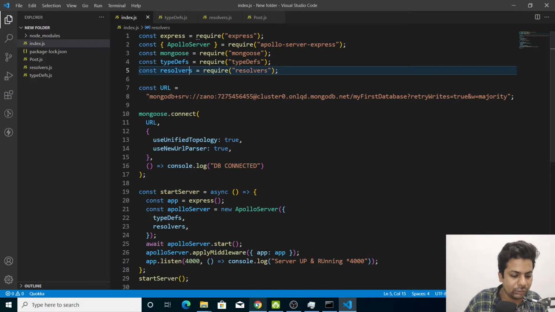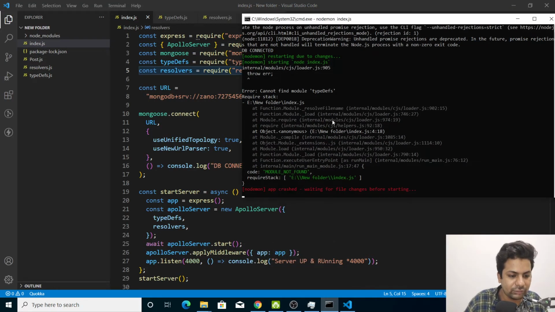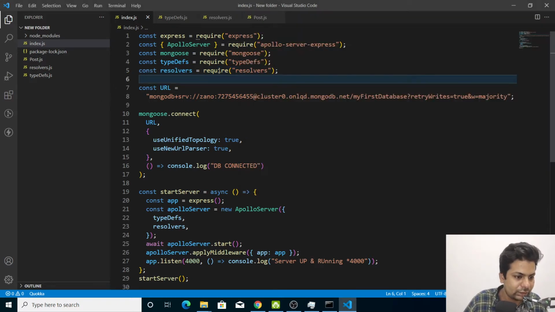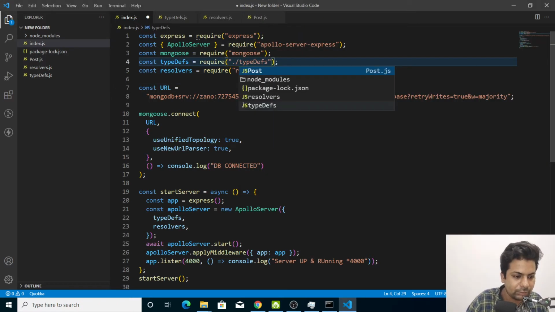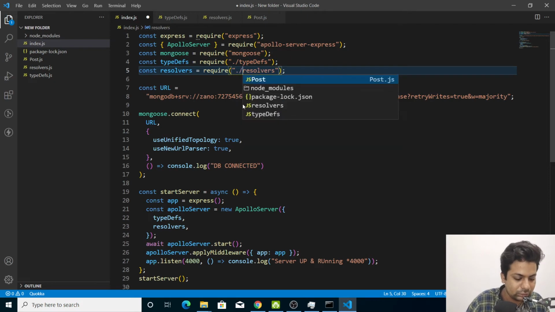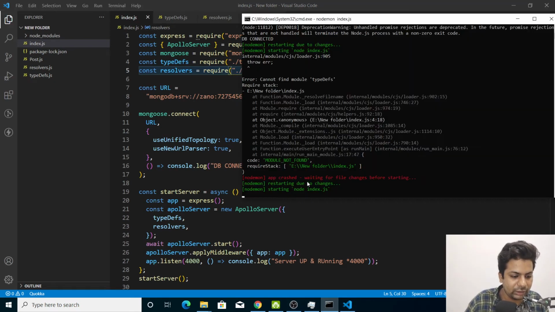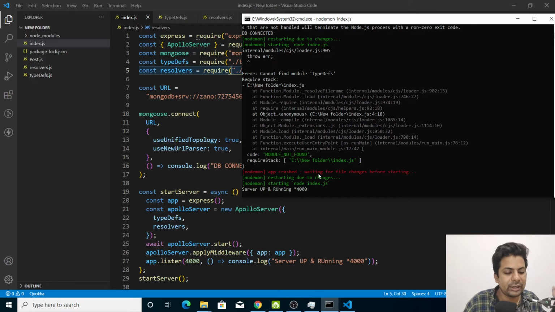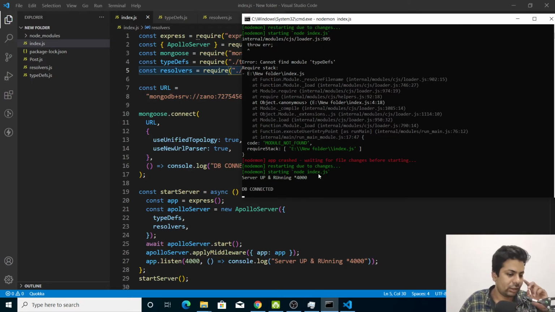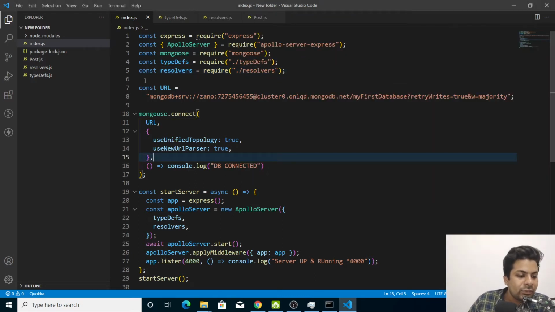And if I check it out, cannot find module typeDefs. So it can't find the module typeDefs. Why? Okay, I have to give the path like this. Save it, let me check. Okay, server up and running, DB connected, I think. DB connected.